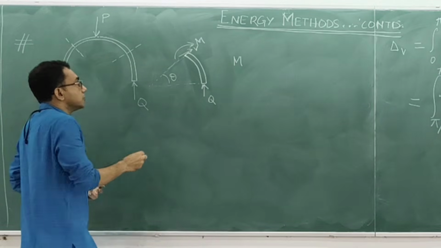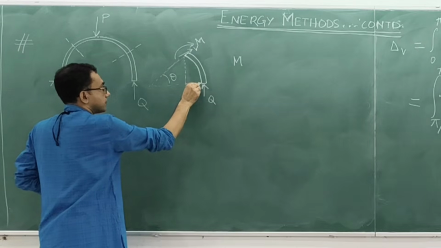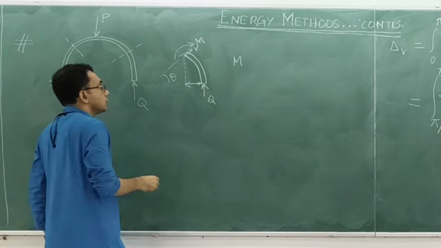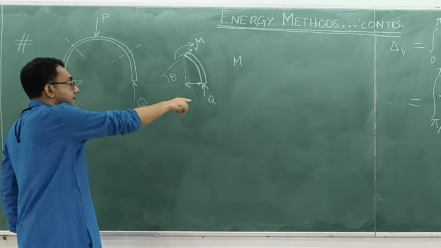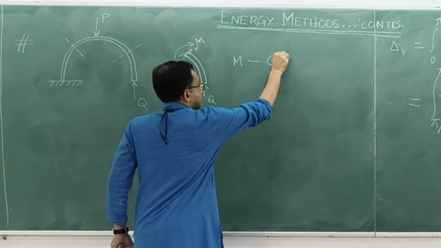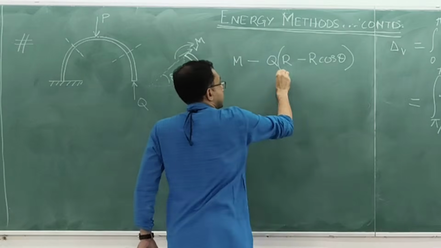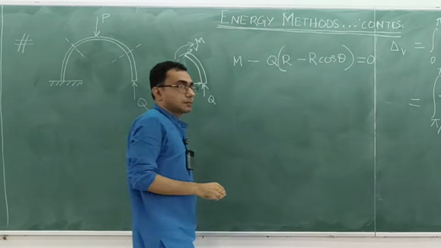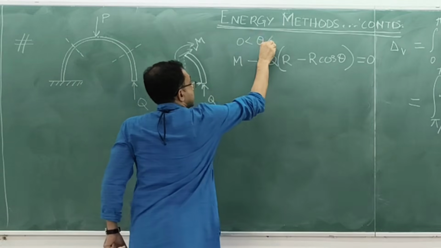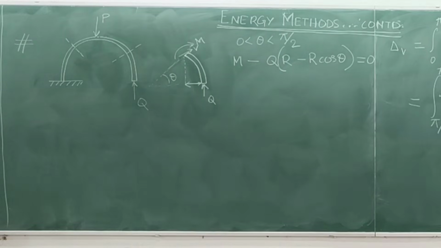Okay. So you see the moment arm here is this much. This is the moment arm. And this much is r minus r cos theta. Okay, and please also note that now the sense of the moment due to this Q is opposite to M. So this thing is true for 0 less than theta less than pi by 2. Okay,